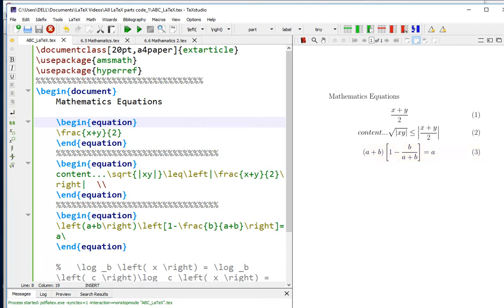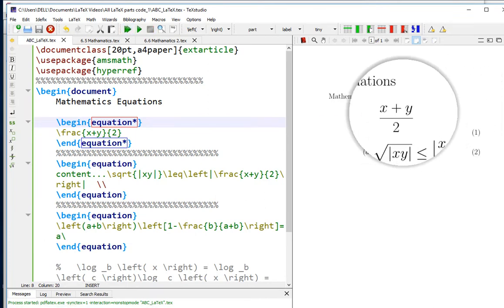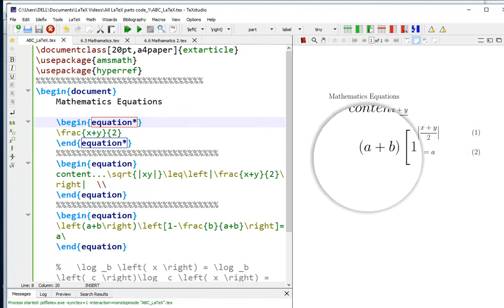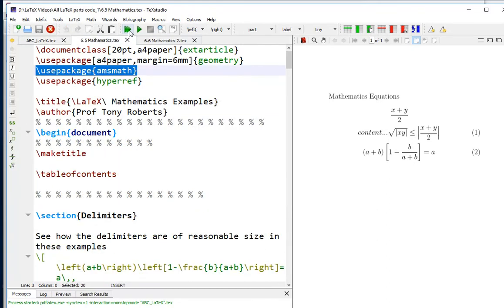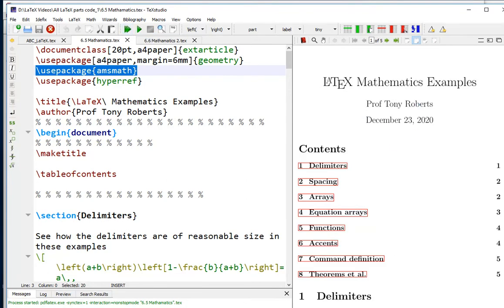Let's do one thing: we try to put a star here, and we run this command. The moment we give a star, automatically there will not be any equation number that you can see, as an example for you to observe. There is another example that we were seeing earlier. When we run it, this appears, because here the author's name is there.